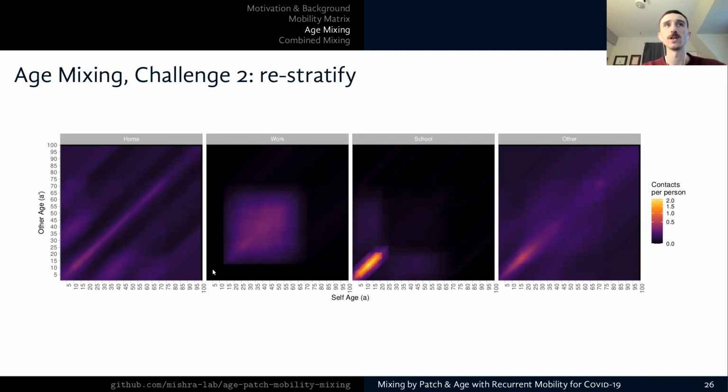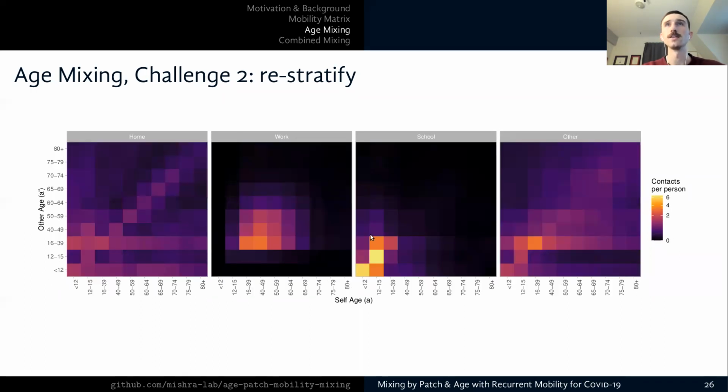And then basically we are going to be averaging across this X dimension and summing across the Y dimension to obtain these matrices, which are the age mixing matrices that we've used within our model. And as I mentioned, some age groups like 12 to 15 are quite small, and so the number of contacts that I would form with that age group would be relatively less. But this age group that's,